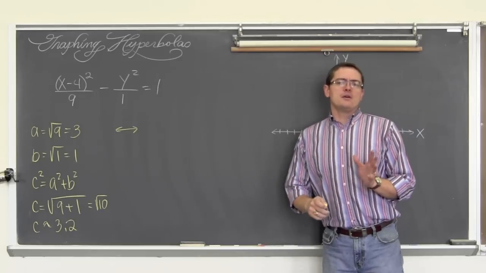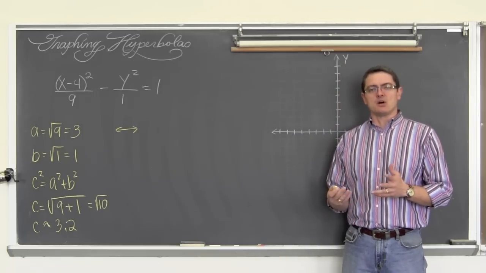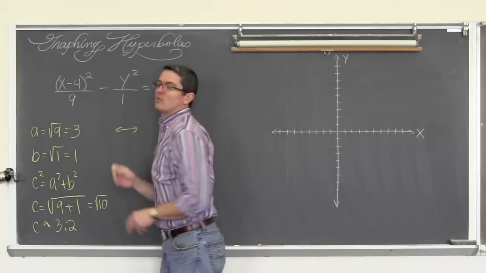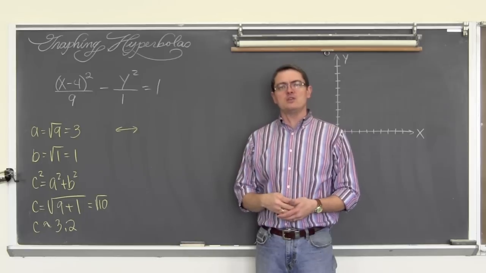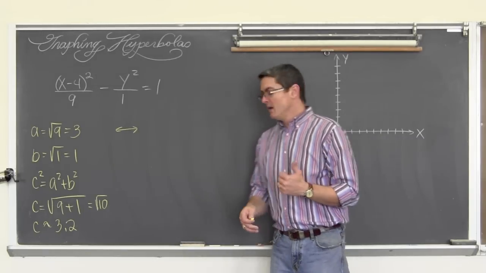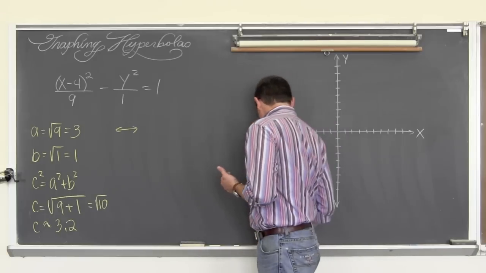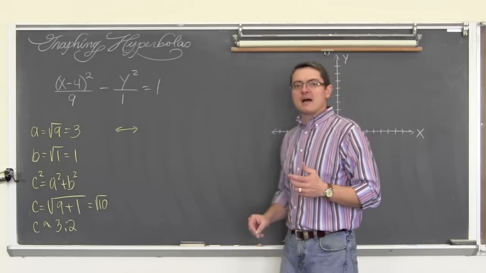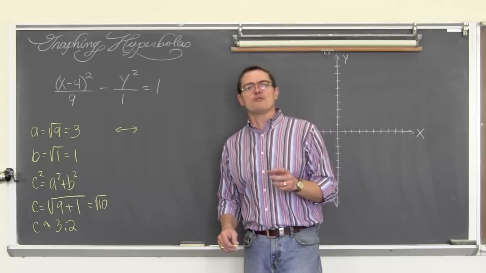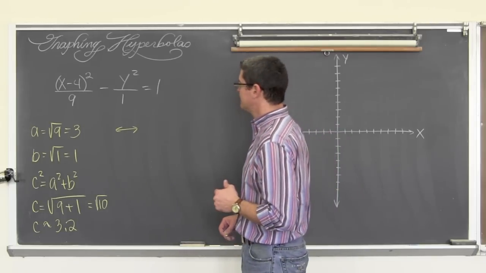If you know what the slope of the asymptotes are already, when your hyperbolas are opening left and right, you may be able to write the equation of the asymptotes right now. I'm going to do the drawing first because I'm very visual, and I'm also going to use that to reinforce exactly, is it b over a for the slope or is it a over b? We're going to use the picture to back that up.